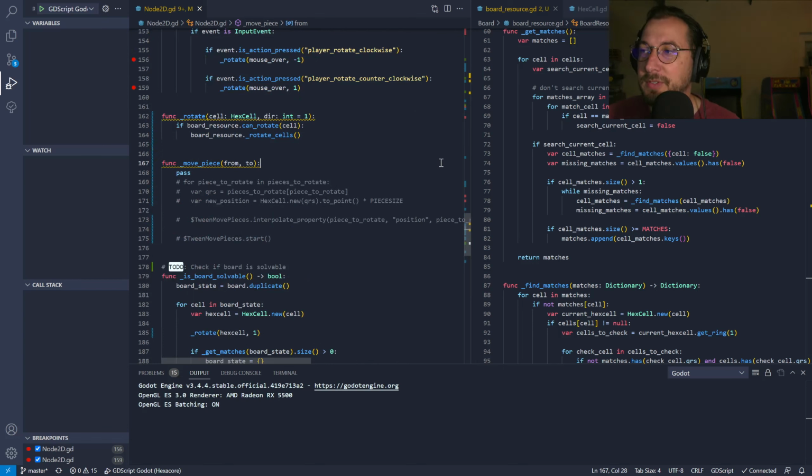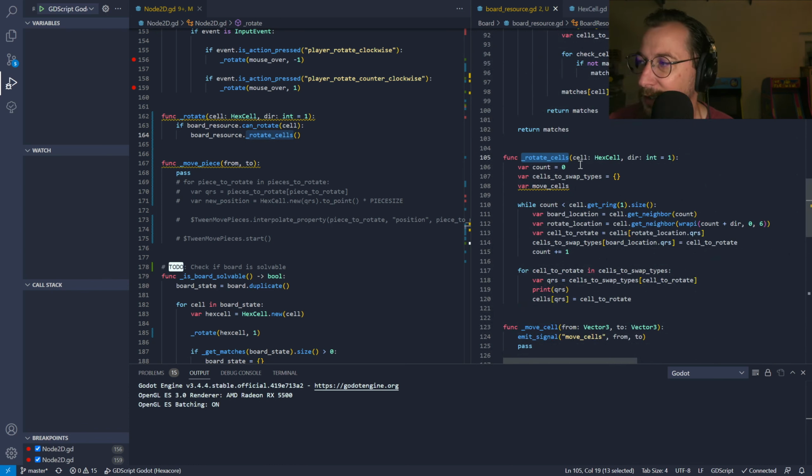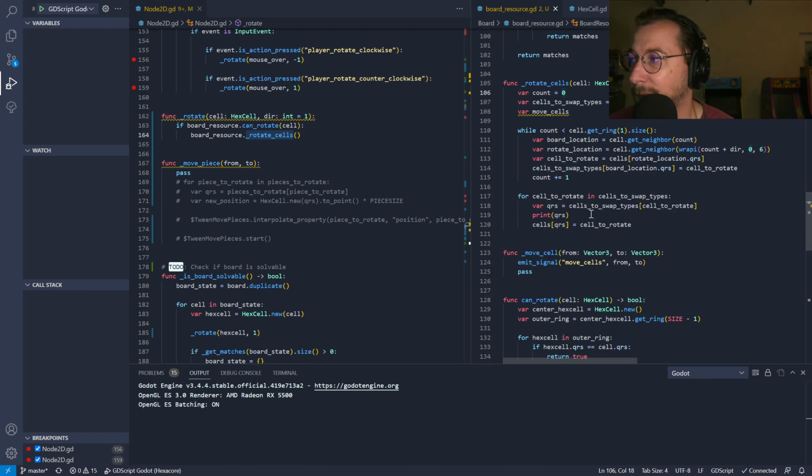Okay, so we're almost there. What's going to happen now is when we actually rotate the cells, that function here in the resource is going to send out a signal. And I think what we need is